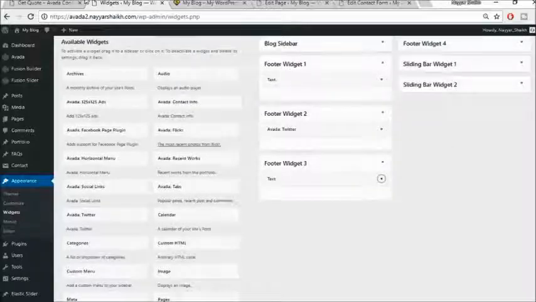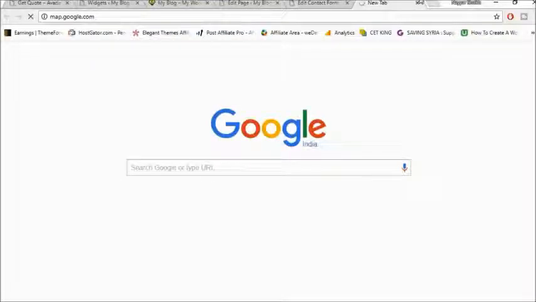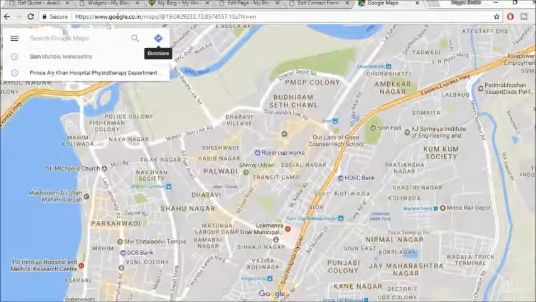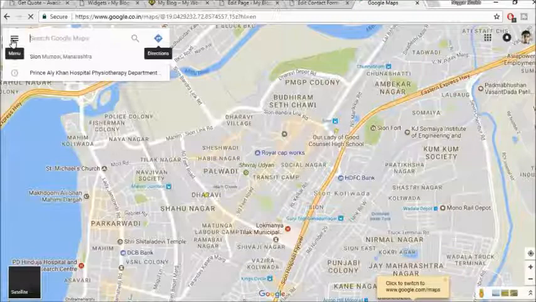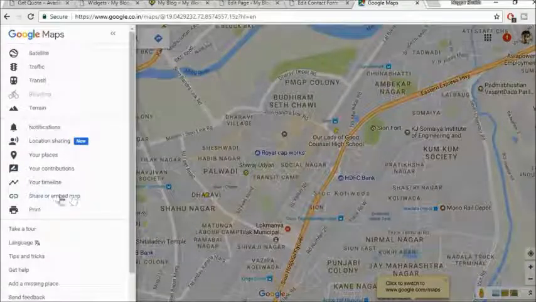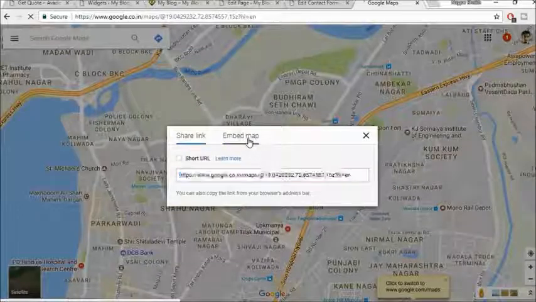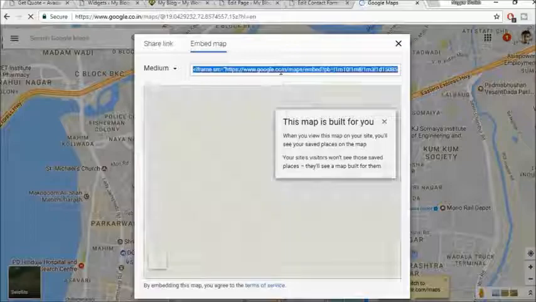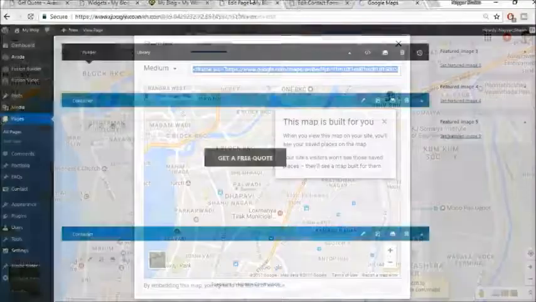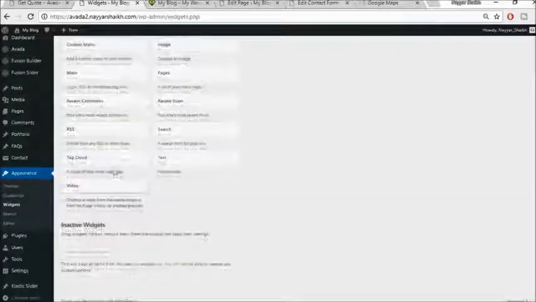And the last one is a map. So what you can do, just open a new tab, type in map.google.com and select the map from here. For example, I want this map, so go to menu. Okay, and here share or embed map, just click on that. Click on this embed map section, copy this code,